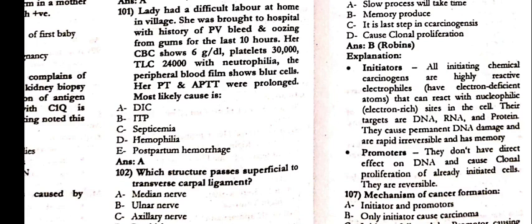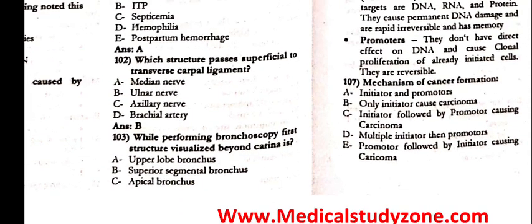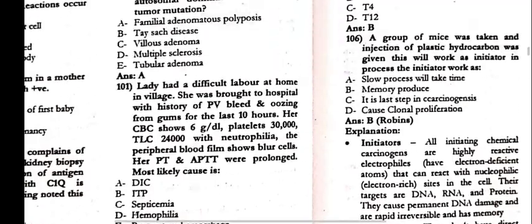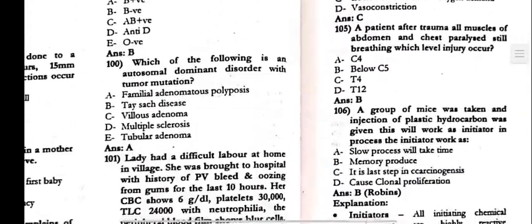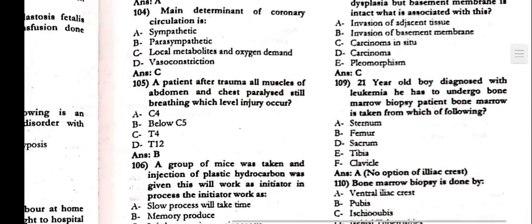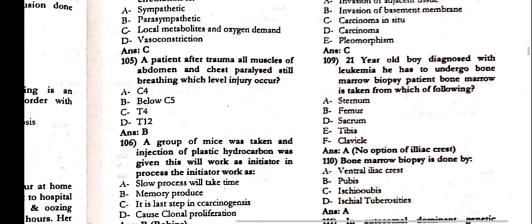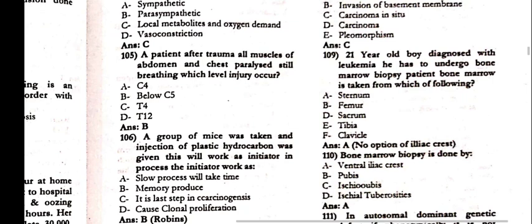And next, 102, which structure passes superficial to the transverse carpal ligament? The ulnar nerve. Next, 103, while performing bronchoscopy, the first structure visualized beyond the carina would be option A, which is the upper lobe bronchus. Next, 104, the main determinant of coronary circulation is the local metabolites and oxygen demand. 105, the patient after trauma, all muscles of the abdomen and chest paralyzed, still breathing, which nerve injury has occurred